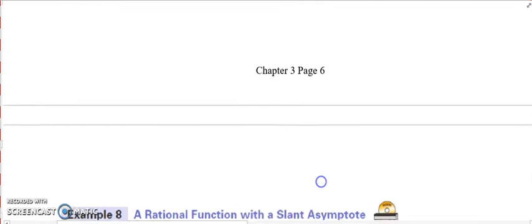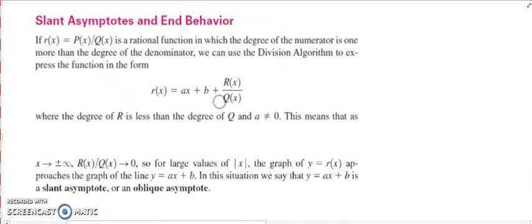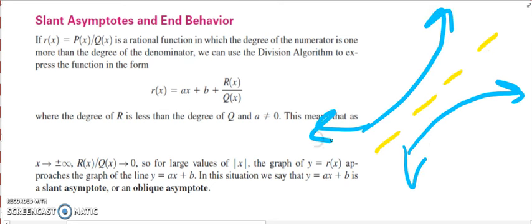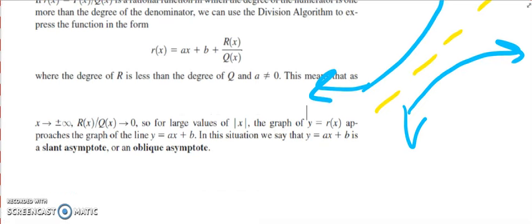Okay, so we have one more new thing to talk about, and that's a slant asymptote. And so a slant asymptote is literally going to be a slant. So it might look something like this, and you have a graph that kind of looks like that, and a graph that kind of looks like that, like it has a slant to it. And how you find the slant asymptote is